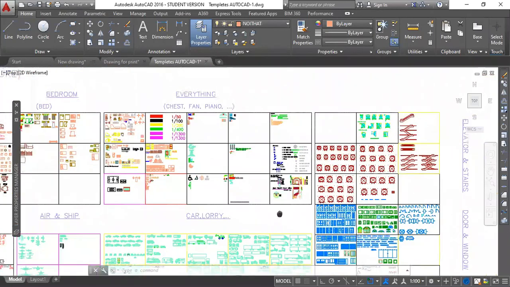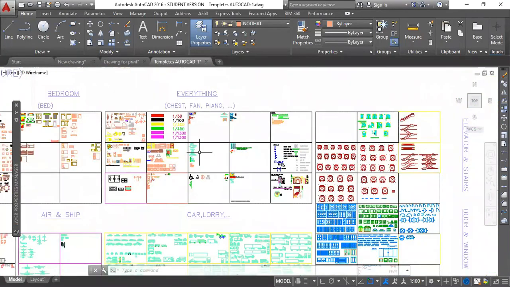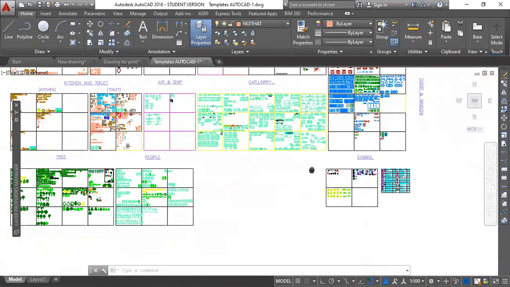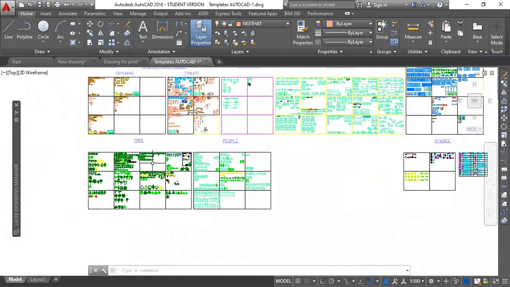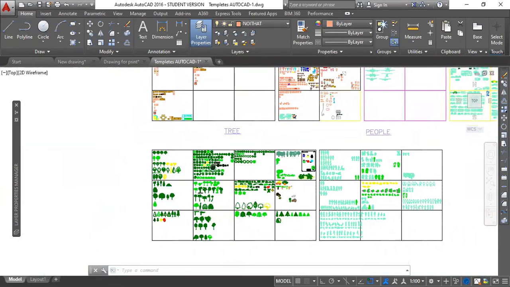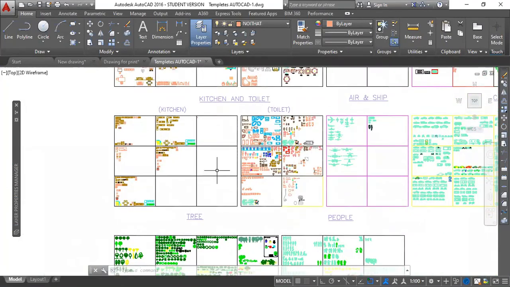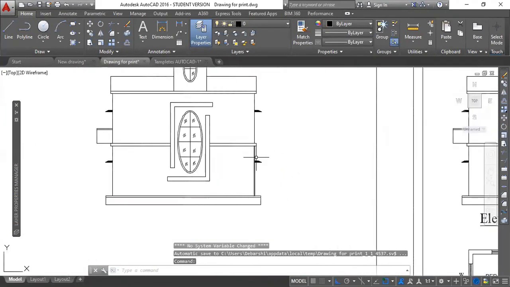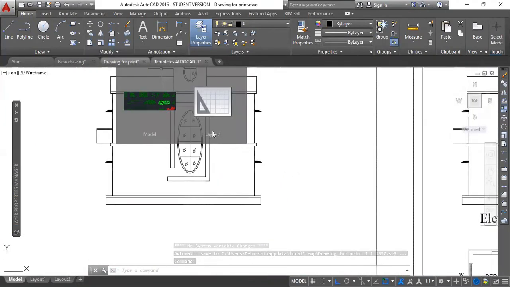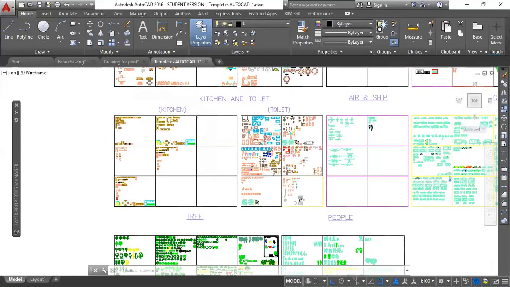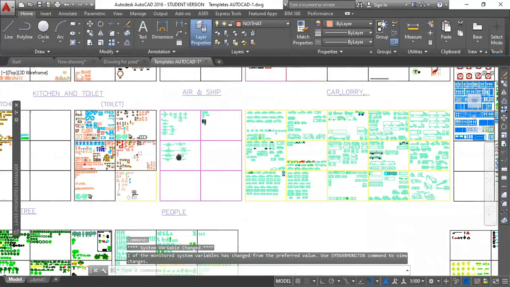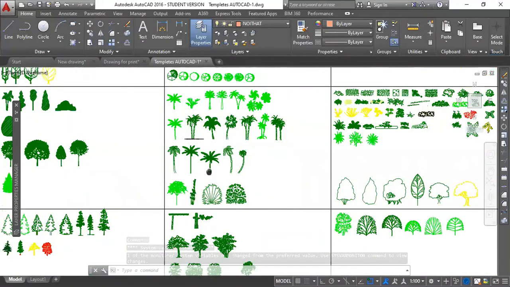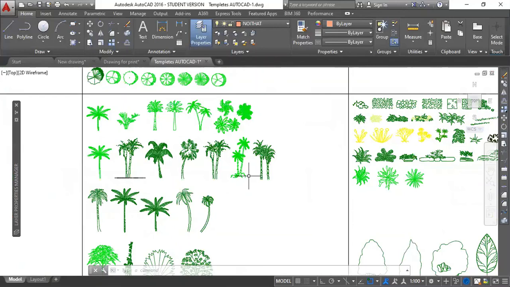I think it will cover most of the elements. If you are doing very typical commercial projects, maybe some things are missing, but still you will get almost all the things, the trees and all those things. So now, if you want to see it again, suppose I'm going to provide a tree to this elevation. I'm doing it with a real example. So suppose this is the tree I'm going to provide.